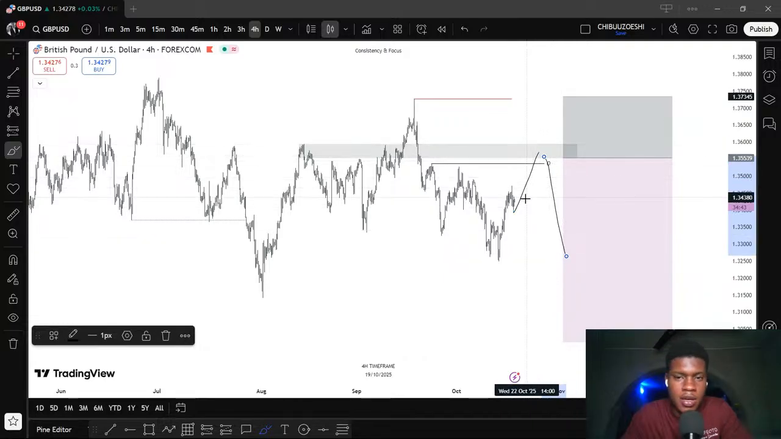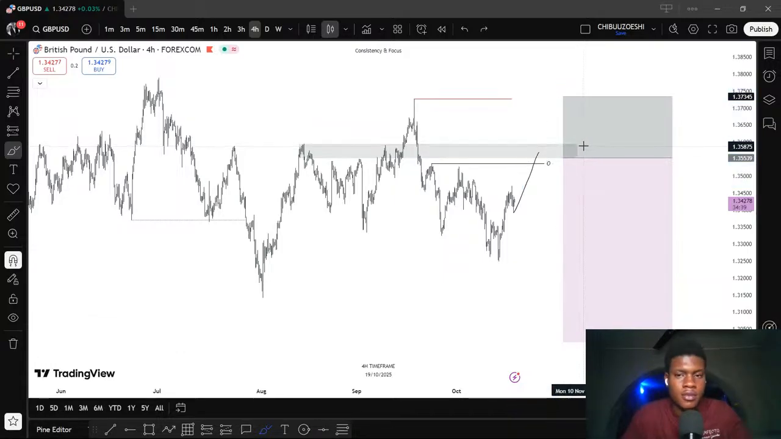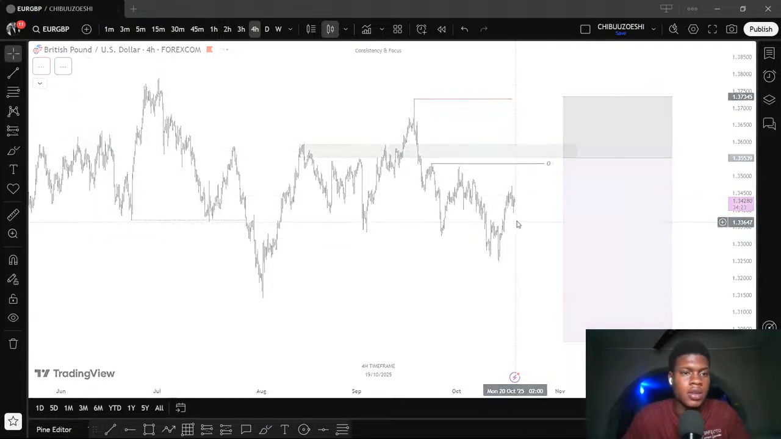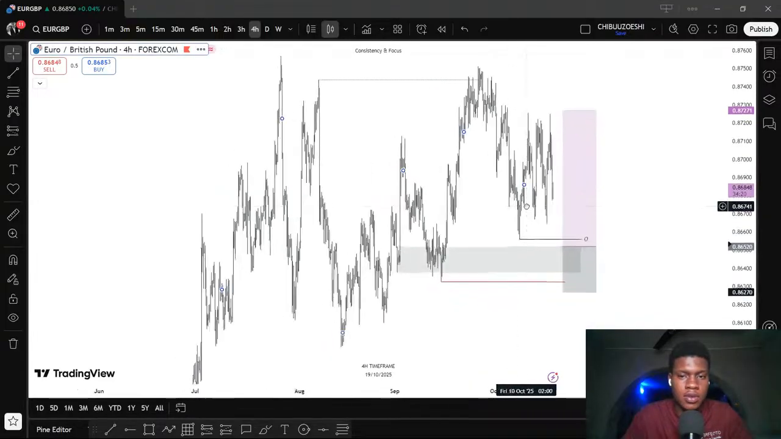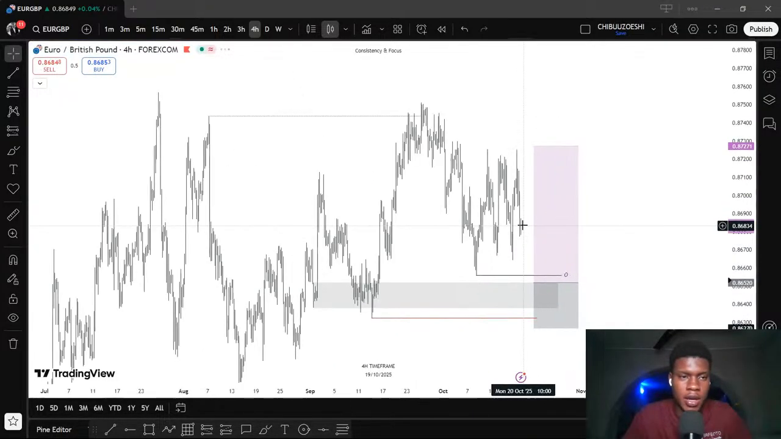But remember, the market could still do otherwise. So you just have to risk at least 1% of your account if you are just starting out, 0.5% to 1% of your account. Now, depending on where you are in your trading journey, that's what will determine your risk tolerance, which is another story for another day. Now, let's look at EuroGBP, which is the third pair I have on my watch list